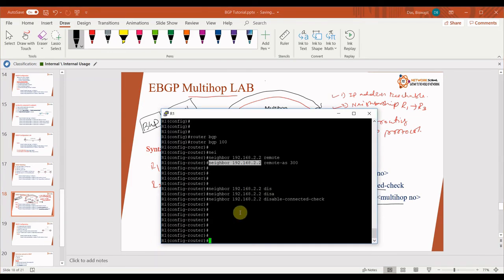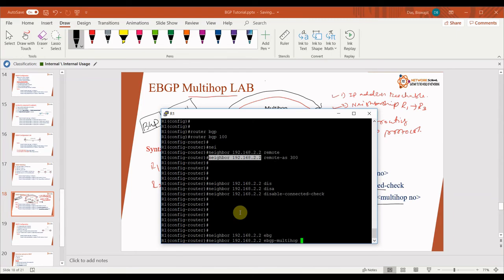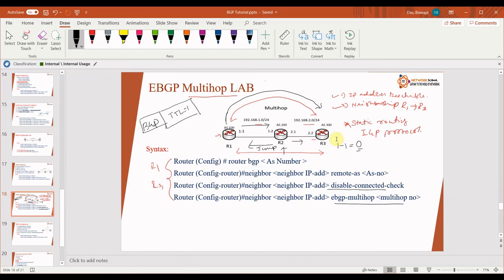So let me go ahead and use the same. We will go to R1 and use the command ebgp multihop. We have two hops, because the router with which R1 is making the neighborship is two hops away.